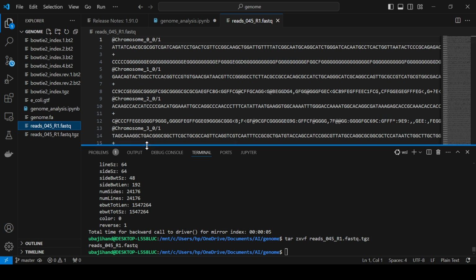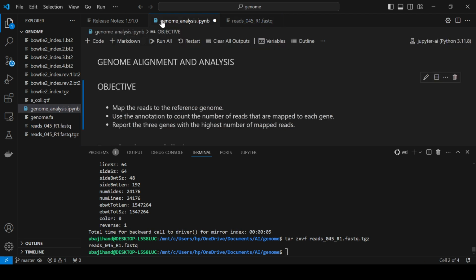But anyway, so do the mapping of the reads now. We're going to use another tool which we have installed already. First of all, you're going to map the reads. So to map the reads now,